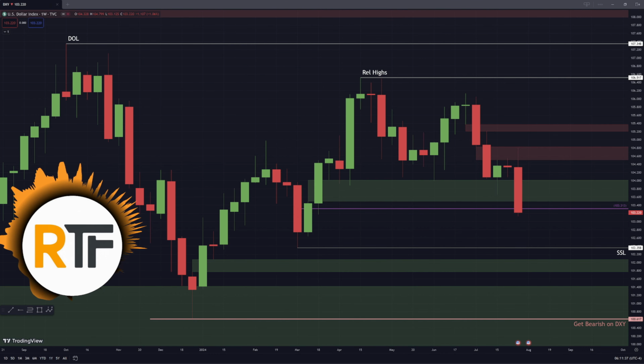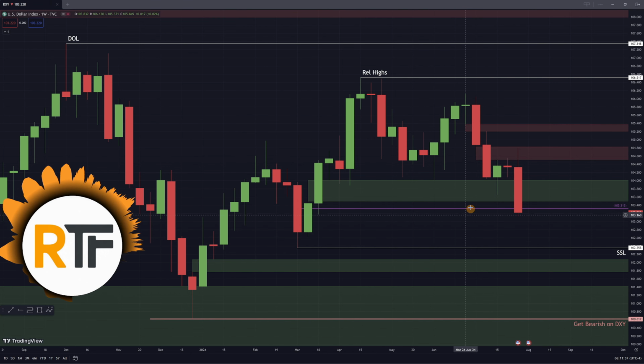Okay, so for dollar index, for the past few months I have been looking for these relative highs and the drawn liquidity above these relative highs. But last week was non-farm payroll, and with the price action, price came up to rebalance this fair value gap and then dropped, closing below this fair value gap as well as the mean threshold on this weekly order block.